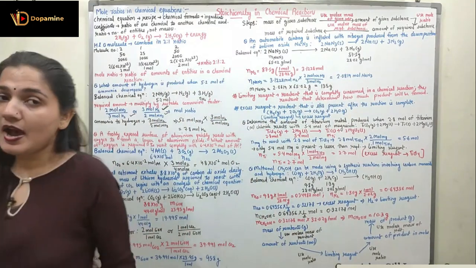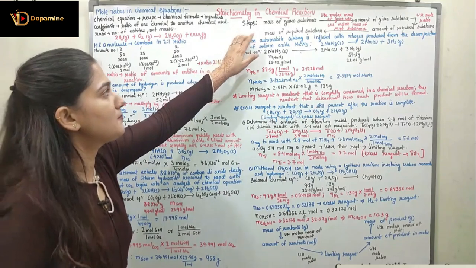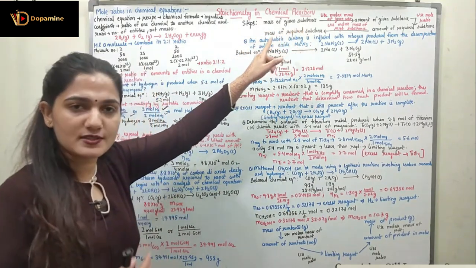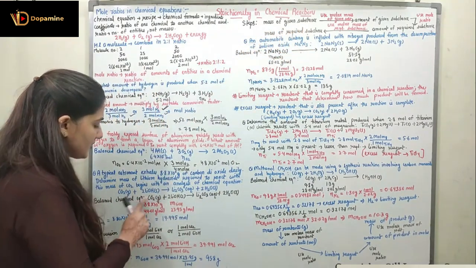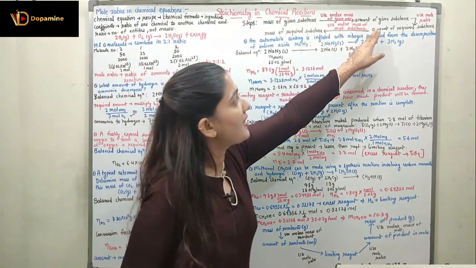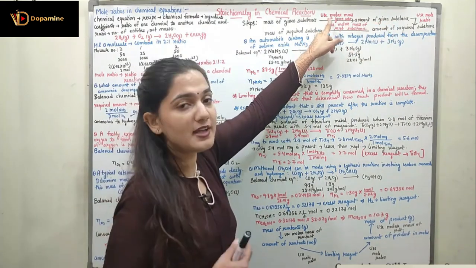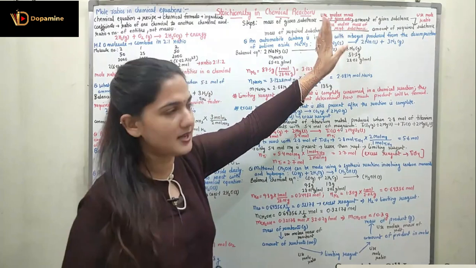So now here is how we have proceeded. This is a summary of the steps. The mass of the given substance was given, right? So here the mass of the given substance was 8.8 × 10^2 grams. It is used to find the amount of the given substance in moles. For that we have to use the molar mass of the given substance.